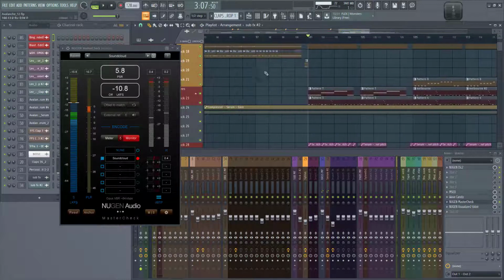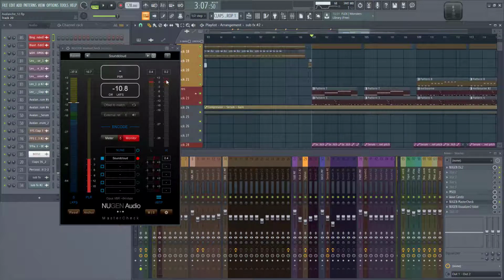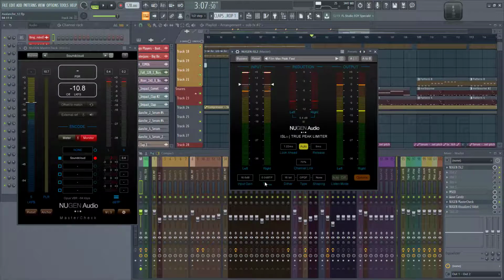So as you guys saw there, I was actually seeing what the algorithm was doing to my final level. And as you guys can see, it was actually clipping. So now I need to either reduce the amount of limiting I'm doing and also reduce the output of my limiter. So let's drop this to minus